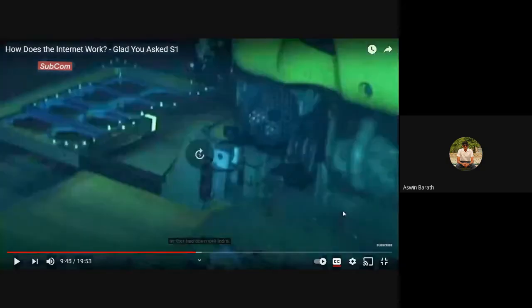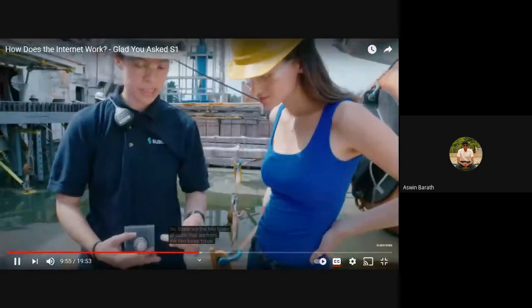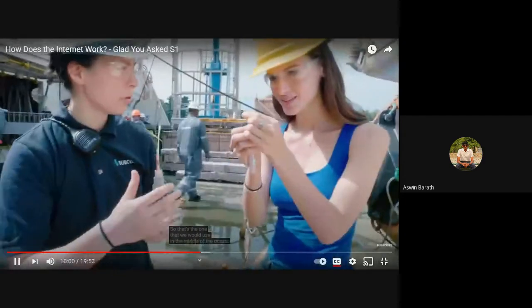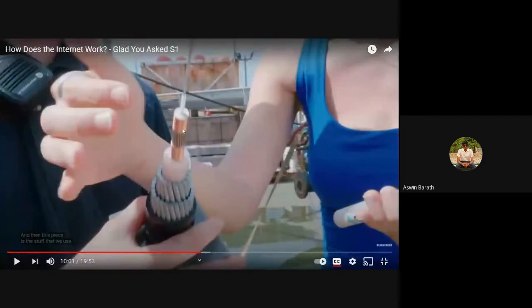Okay, and we have the two basic types. As you can see, this cable is called fiber optics, and this is what they use inside the cable. Students from a computer science background would have learned about this, or even electrical background. So this is the lightweight cable that we would use in the middle of the ocean so that we can connect with each other around the world.